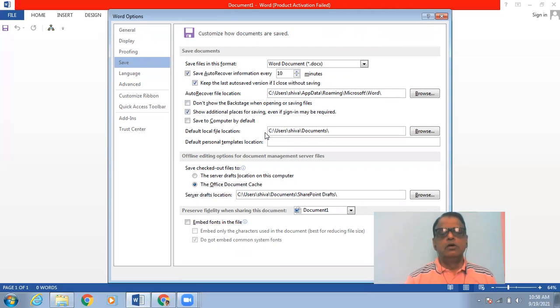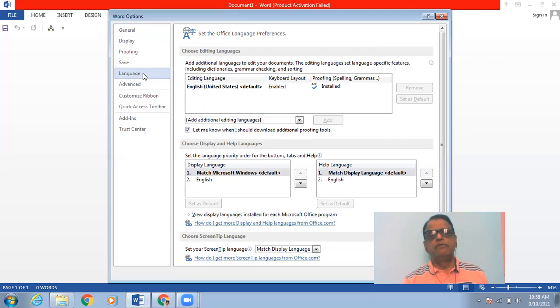So you will find that whenever you want to check with any option, then there is some information already provided. And if you are not sure about any option, then just keep the default setting and do not change the setting unless and until you really want to change it.